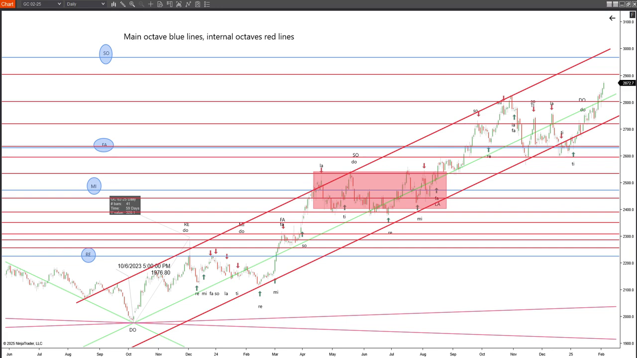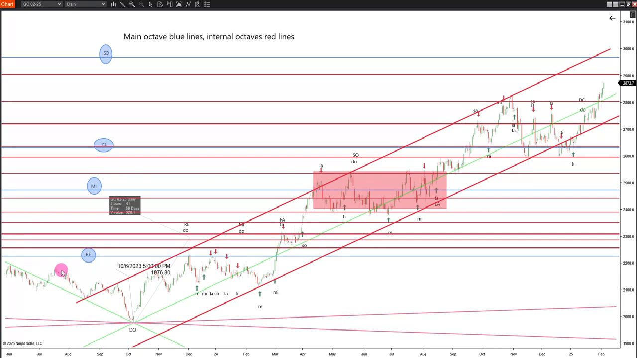Let's follow up the time octaves on the gold chart with some price levels. What I'm looking at here, you can see I've got these blue horizontal lines and these red horizontal lines, and I also have some angles going up. So what I've done, I've taken the master octave off the low and developed out the tones that are involved